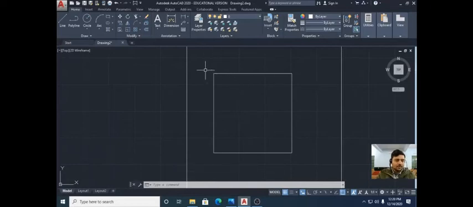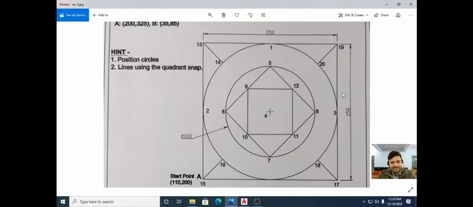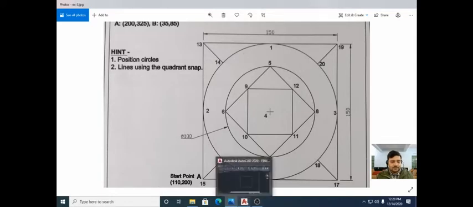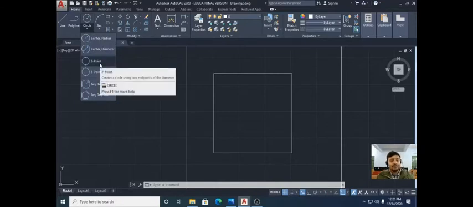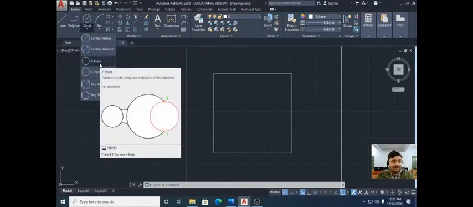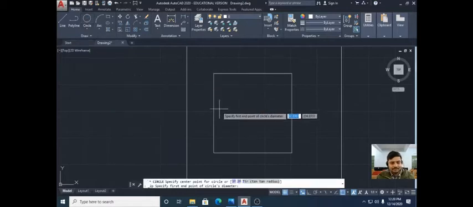So now the question arises: how can we make this circle, as no diameter or radius is given to us? You can see in the figure there is not a single diameter or radius given for this inscribed circle inside a square. So you have to use your mind and use your tool. The AutoCAD tools are center radius, center diameter, 2 point. Are you not able to make this circle by 2 point? Let me give an example.